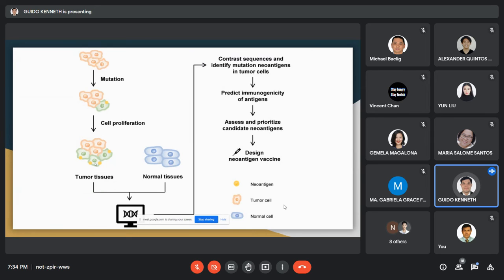Through the use of software packages, the sequences of tumor cells and normal cells are compared. The sequences are contrasted and mutated neoantigens in tumor cells are identified. This leads to predicting the immunogenicity of antigens, and candidate neoantigens are evaluated and prioritized, after which a neoantigen vaccine